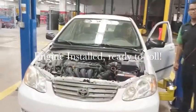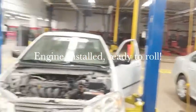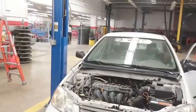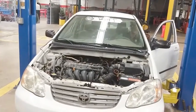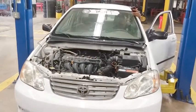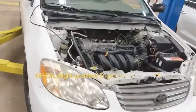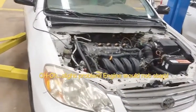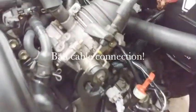All right, we finished up a car. These guys are ready to go. What's that? You gotta charge the battery first. It's cranking, why? It's at 11.7 volts. Stop. That's coming from the battery. Big fire. That's coming from the...